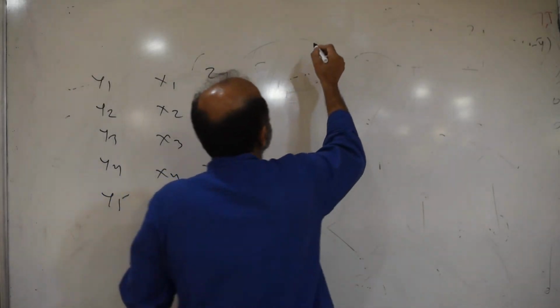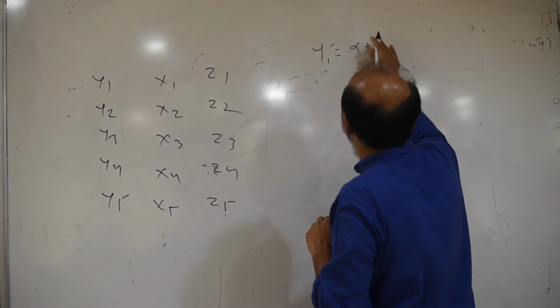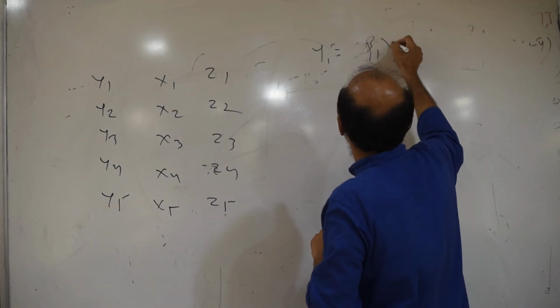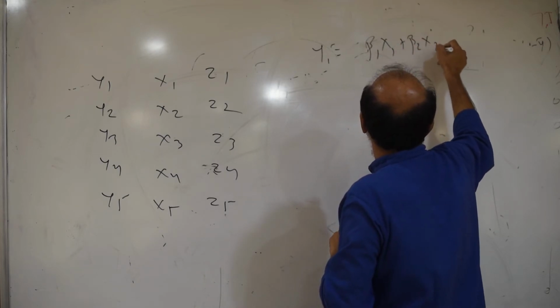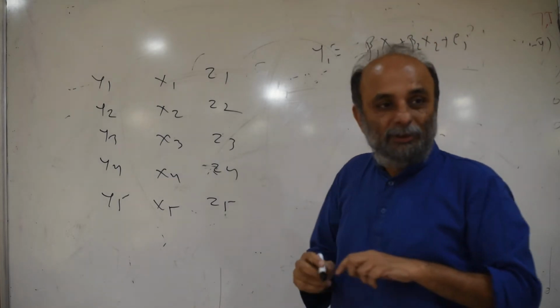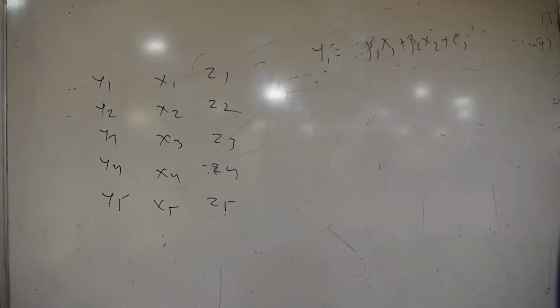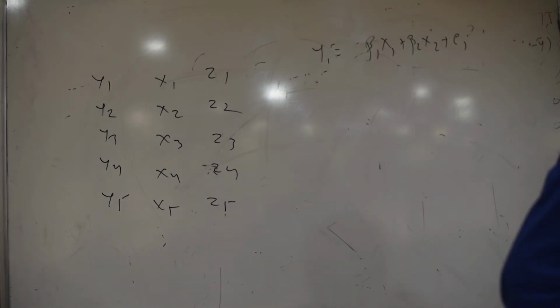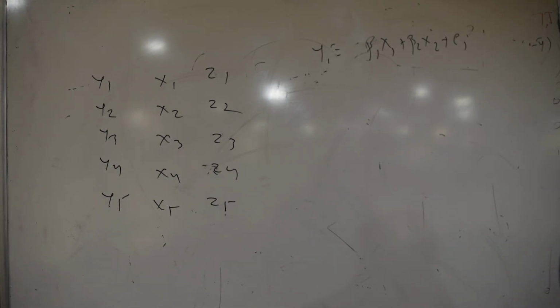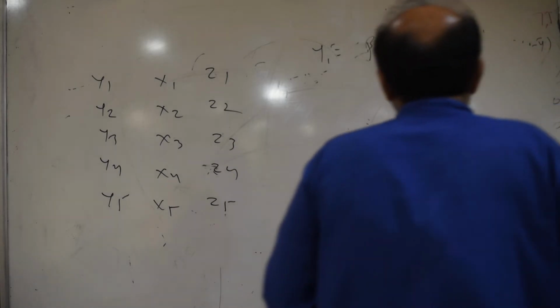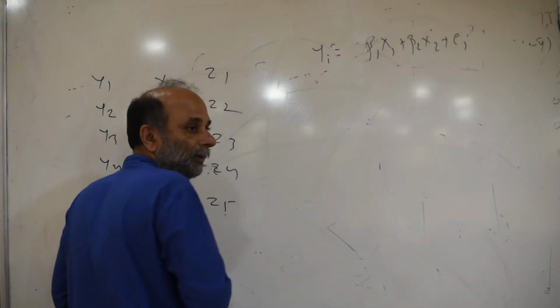My regression model is, say at the moment, yi is beta 1 x1 plus beta 2 x2 plus ei. So there is no alpha. I am suppressing alpha for ease of exposition, because I just want to invert 2 by 2 matrices and get one. It makes life a bit easier from the exposition point of view. But alpha will generally be there; we'll assume alpha is 0 at the moment. So, this is my regression model.